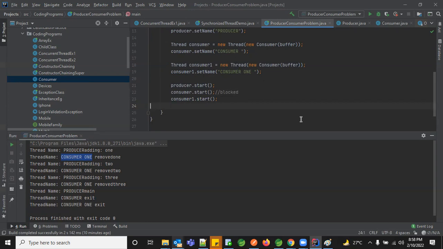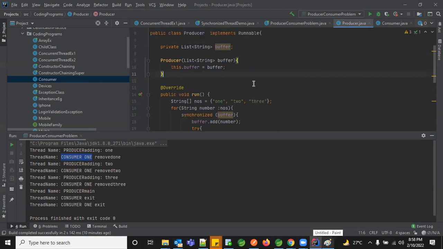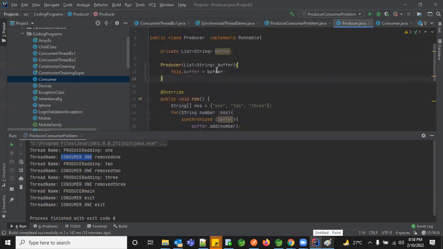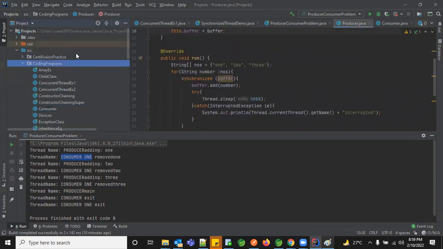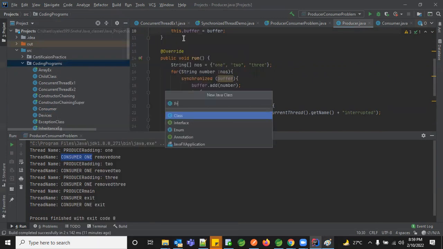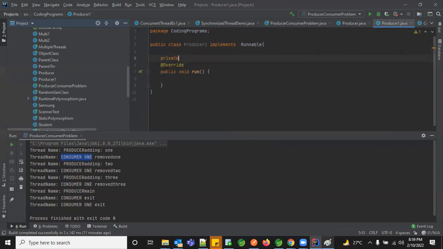Yeah, exactly. So what we can do is in the same producer consumer, since we have this, I don't want to interrupt it, because we will see the lock concept. Okay, let me create one more thing. Let's have this implements Runnable, and we need to override the run method. And again, I'm having a common resource. You need to have some common resource, only then you will be able to understand.